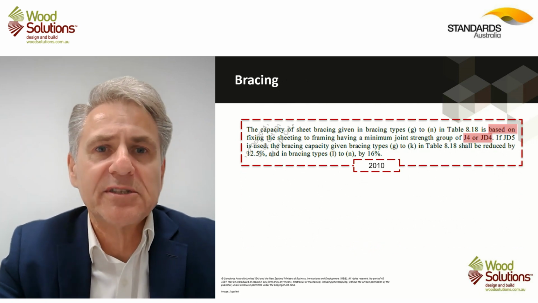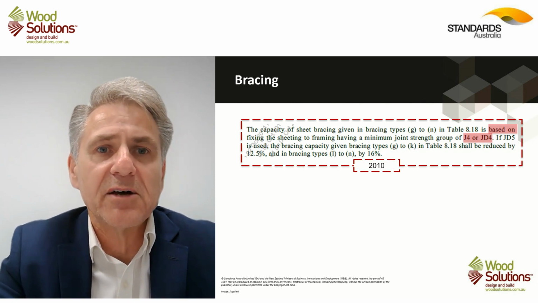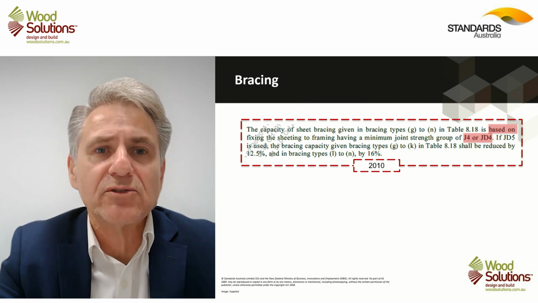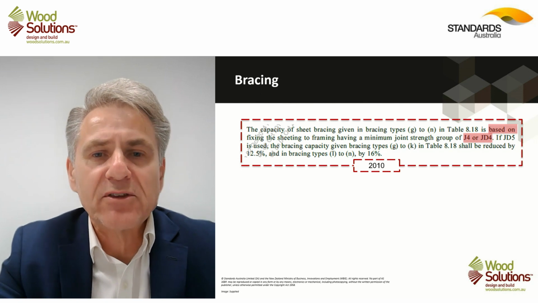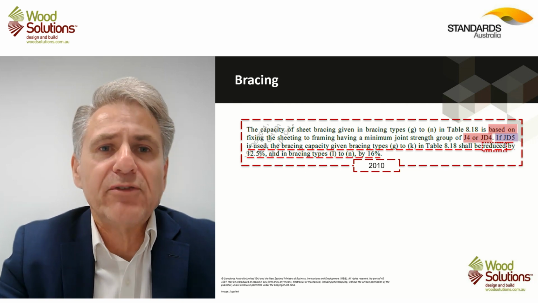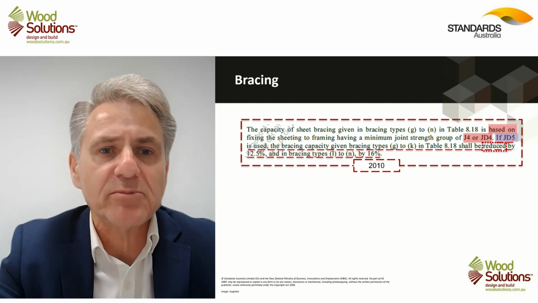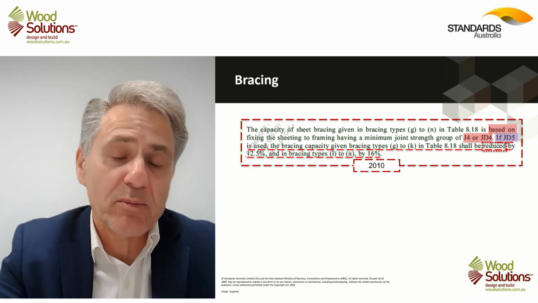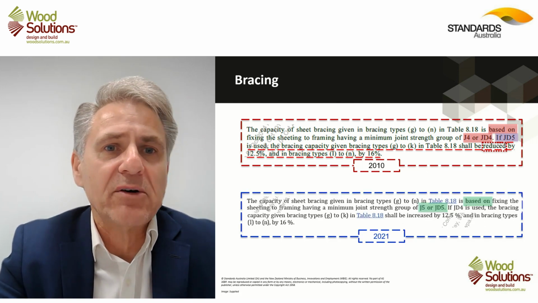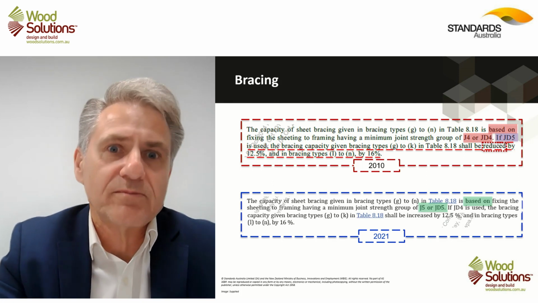Now, the bracing requirements that I mentioned early on, that there's a change in resource, particularly with our radiata pine plantation resource. The 2010 edition was all based on JD4, the strength group of material. And if you were using JD5 material, then you had to reduce the capacity of our bracing types, depending on whether they were sheet, plywood braces or hardboard braces. That's basically been flipped now, where the 2021 edition is all based on JD5 or J5